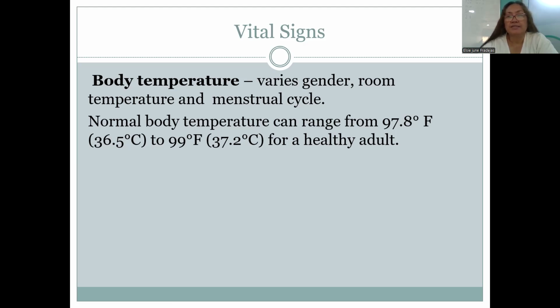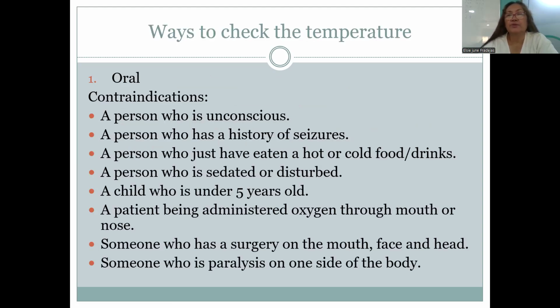Now, let us know what is the normal body temperature. The normal body temperature ranges from 36.5 to 37.5 is still considered normal. Now let's go to the route. There are different routes in taking your body temperature. First is oral. Oral means you have to place the tip of your thermometer under your tongue, or we call